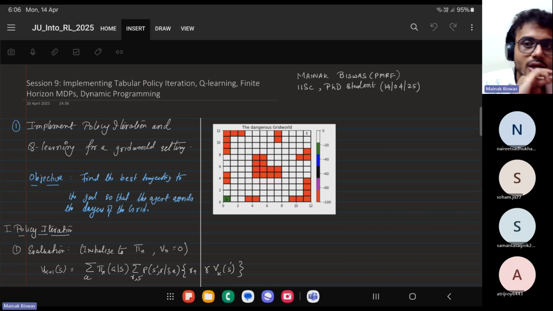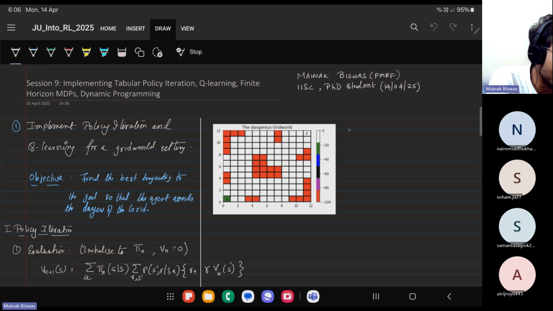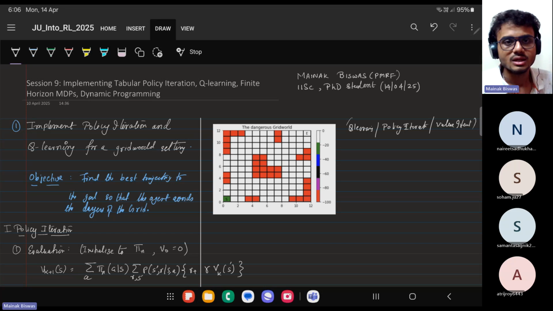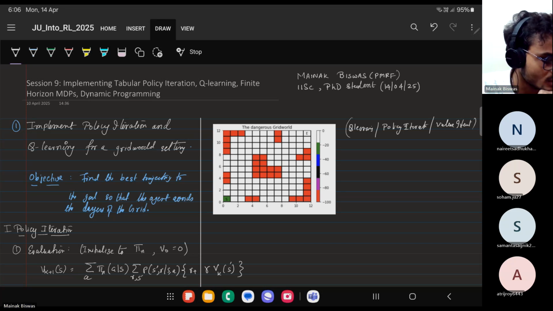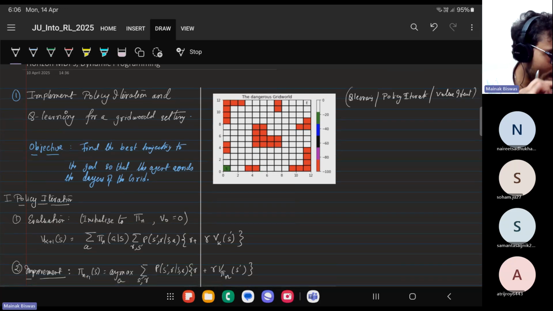So what I'll do today is, last time we discussed a few algorithms, right? We discussed the Q-learning algorithm. We learned the policy iteration algorithm, and we learned the value iteration algorithm in detail. So I'll first start off with implementing these algorithms on a grid world setting. Right? So first of all, just to give you a recall,